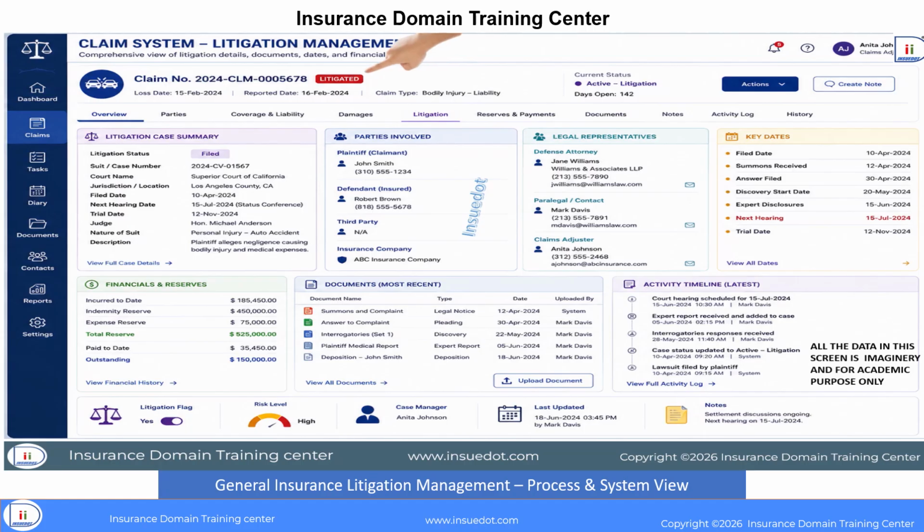On the left side, the litigation case summary provides important legal information related to the lawsuit. This includes details such as the case number, court name, jurisdiction, filing date, hearing schedule, trial date, judge information, and a description of the allegations made by the plaintiff. Having this information centralized helps claims personnel, supervisors, managers, and defense counsel maintain visibility into the current legal status of